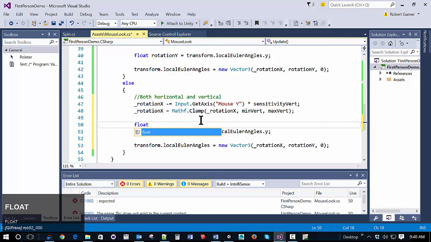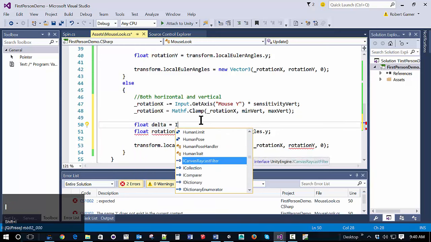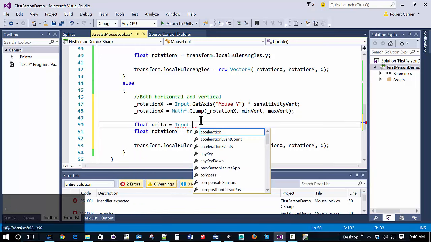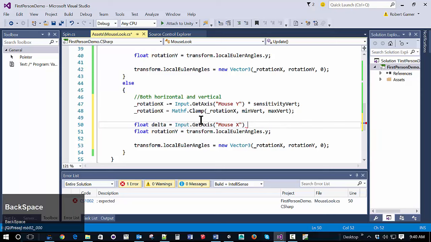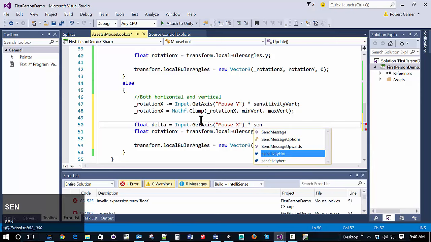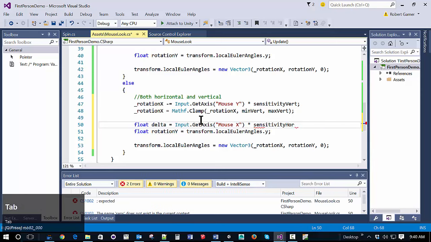So for that, I'm just going to say float delta is equal to, we're going to go look at the input, get the rotation around for the mouse's x, multiply by the horizontal sensitivity,